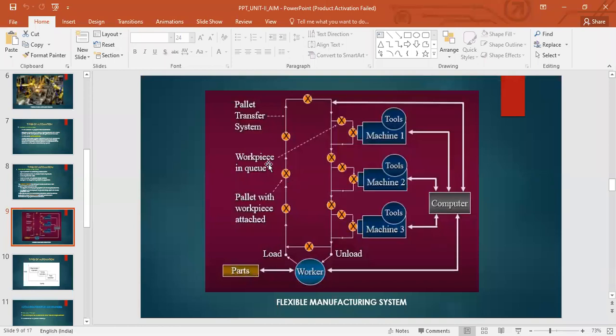Okay, so the workpiece is there in this transfer system. In here you have the loading and unloading. What happens in a flexible manufacturing system is that each product is given a code that the computer is able to read, and the computer knows where exactly that product is, the location of the product, and what is to be done to the product. All the different sequence of operations to be performed.